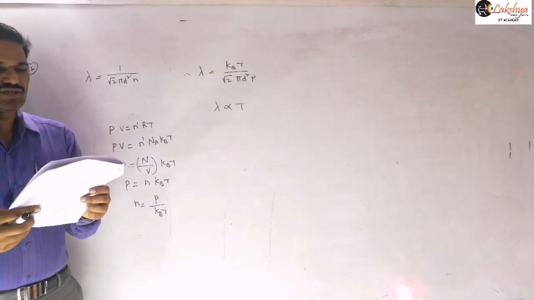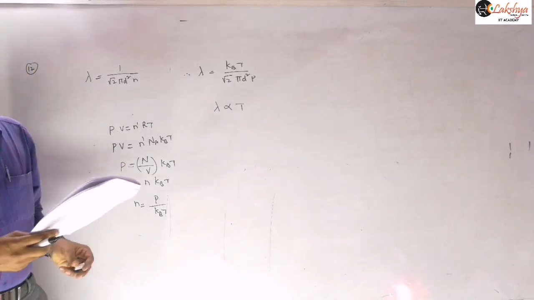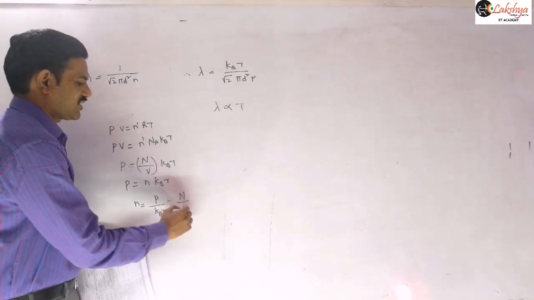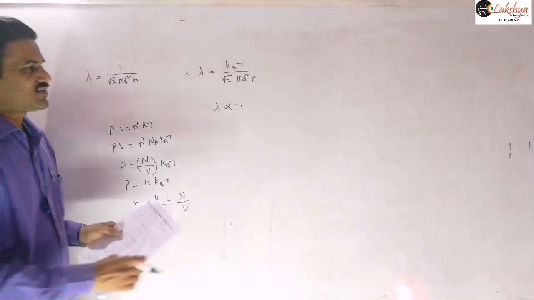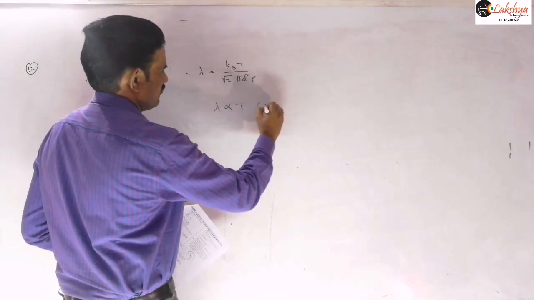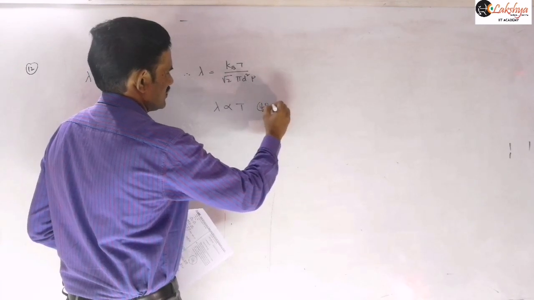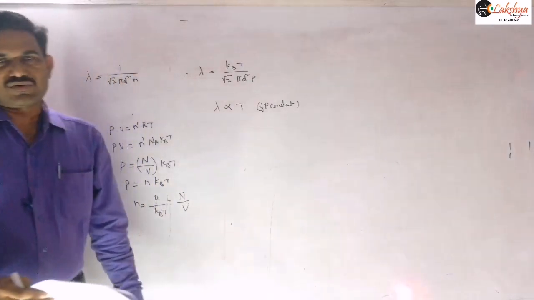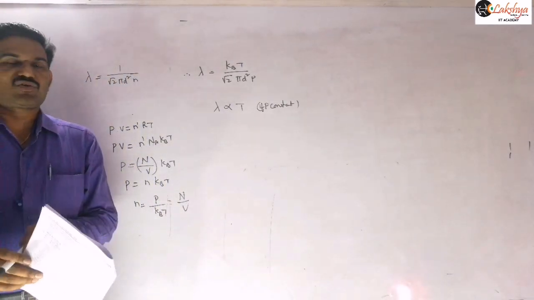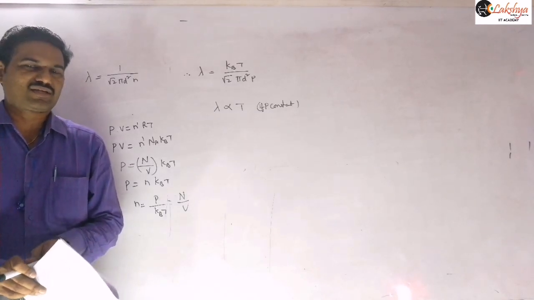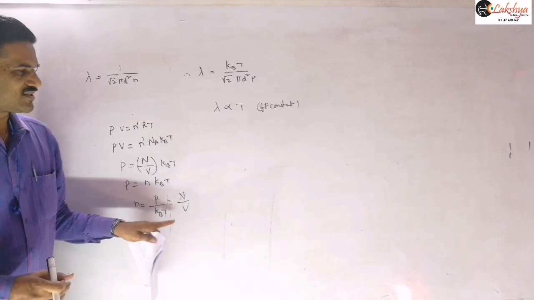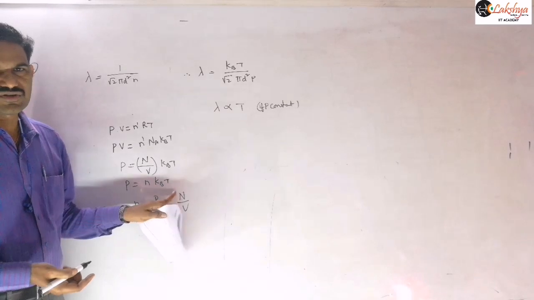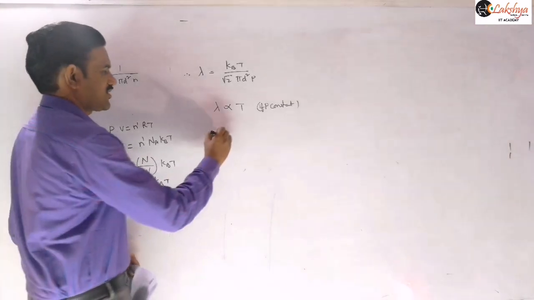Now we need to answer here. An ideal gas in a closed container is heated slowly. So the volume remains constant; this is the basic information you can write here. This is n by V we are writing here. As the temperature increases, we can generally answer this if P is constant. But here P is not constant. The given information is that the gas is taken in a closed container, and when the closed container is heated, the V value will remain constant and the total number of molecules also remains constant. So you can answer that n by V is a constant value here.